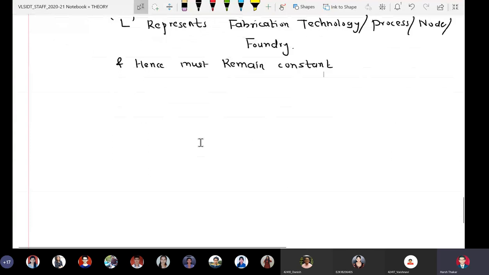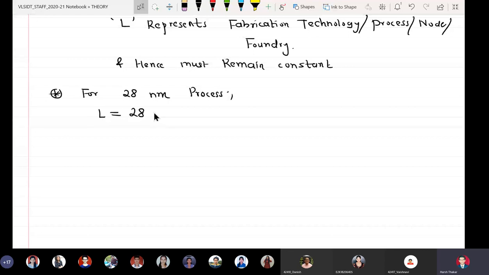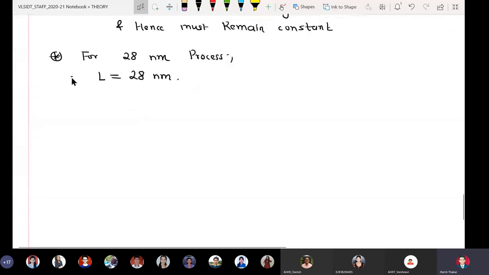Do an example for 28 nanometer process, L is equal to 28 nanometer. Okay, first fact. So for 28 nanometer technology, length L is 28 nanometers.